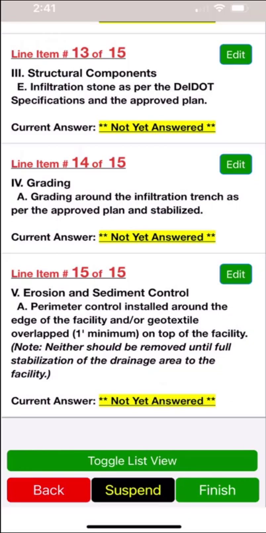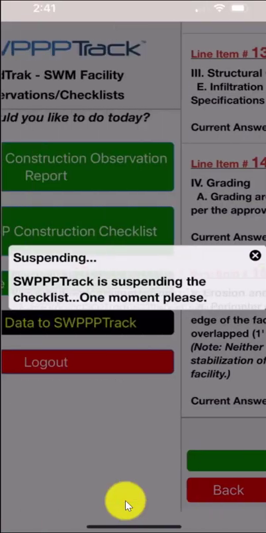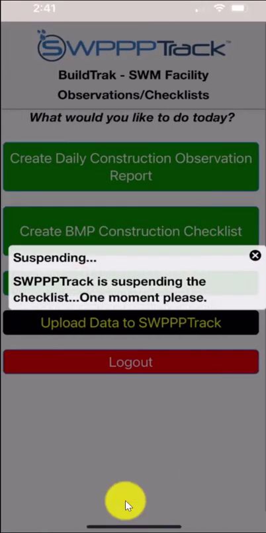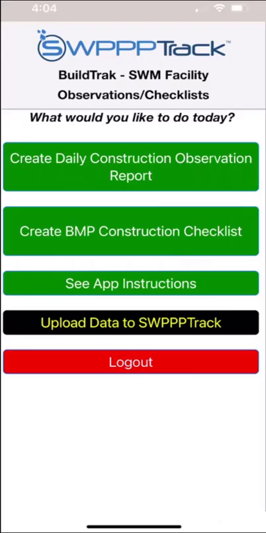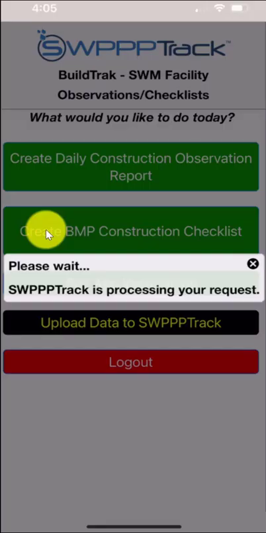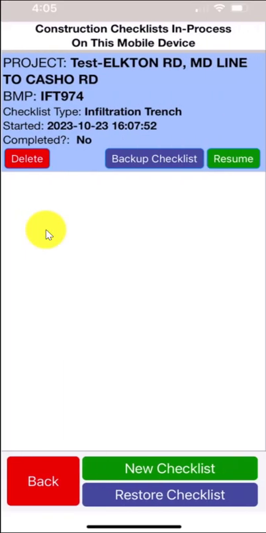Since I cannot complete the checklist at this time, I'm going to tap the Suspend button here at the bottom. And now we see a message that our data has been saved, and we're back at the main app menu. So let's say that I log out, and I log back in the following day. I can resume the checklist that I started yesterday by tapping Create BMP Construction Checklist. This time we see this list contains the checklist that was started yesterday, so I'll resume the in-progress checklist by